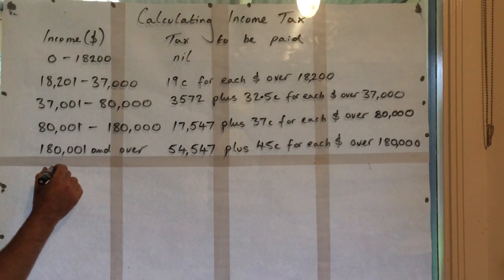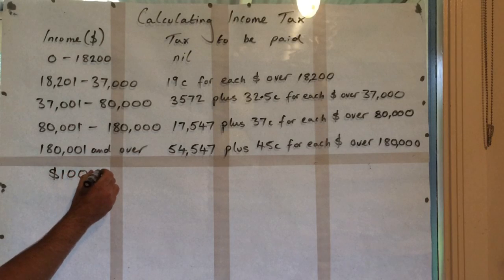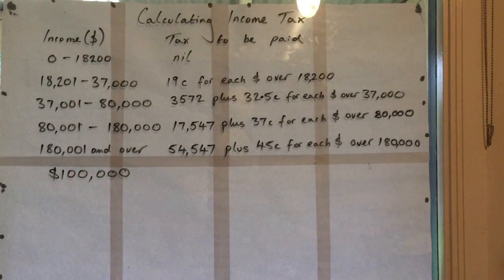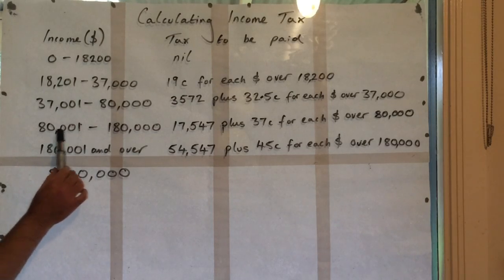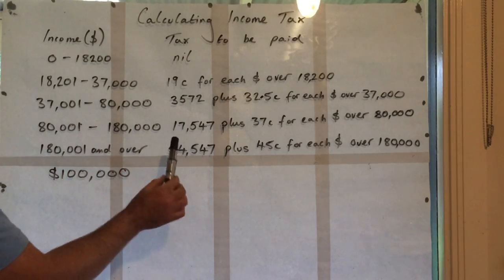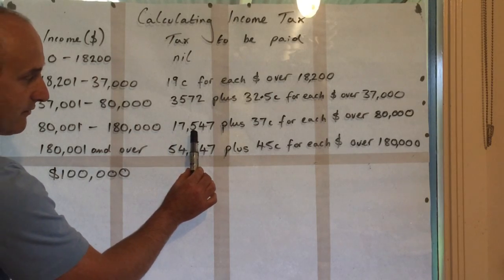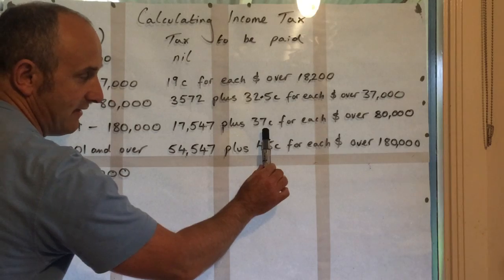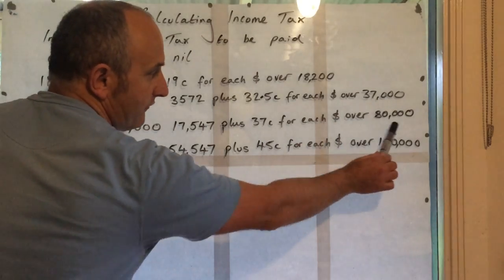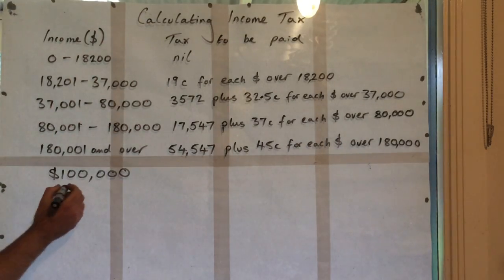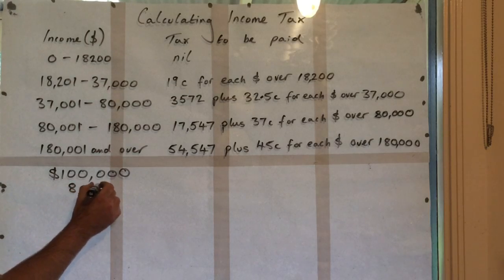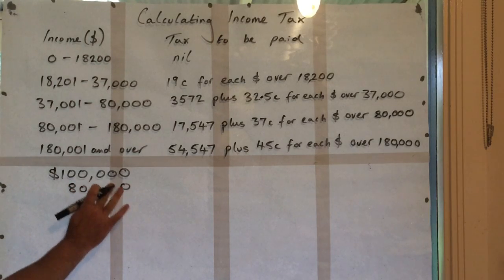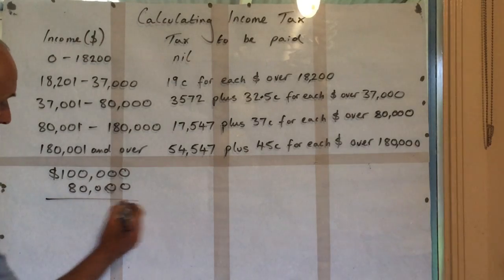If somebody earns a gross income of $100,000, I'm picking really easy numbers here. So which tax bracket do they go into? They're in this tax bracket here. So they pay $17,547 plus 37% for every dollar over 80,000. So again, how many dollars do they earn over 80,000? Neaten that up. They earn